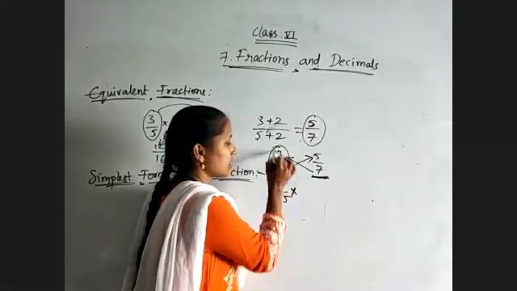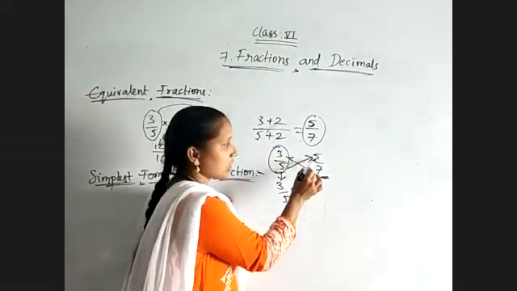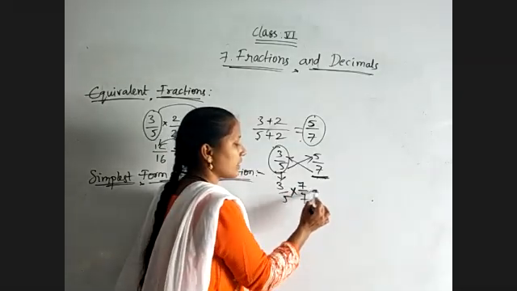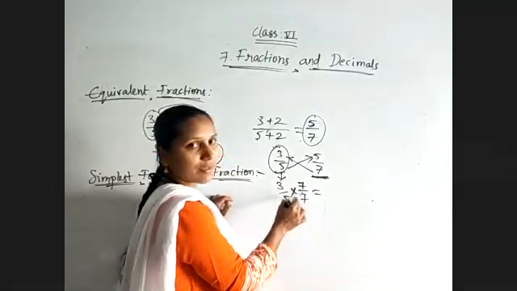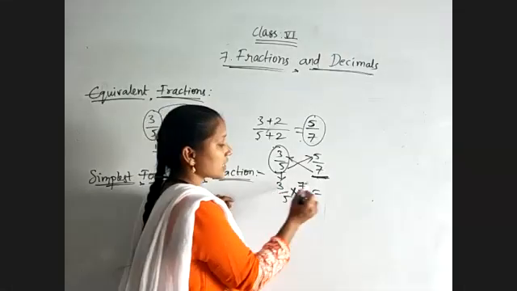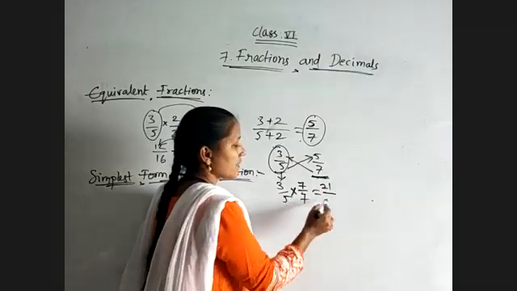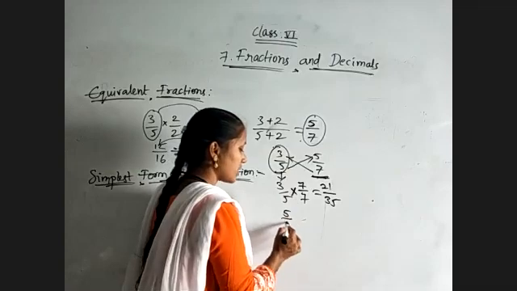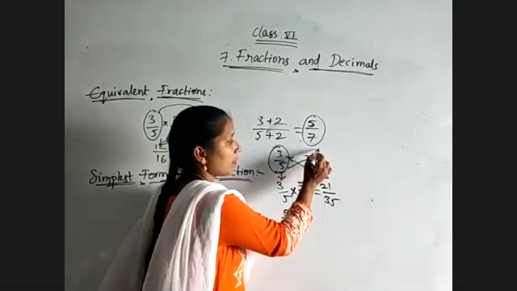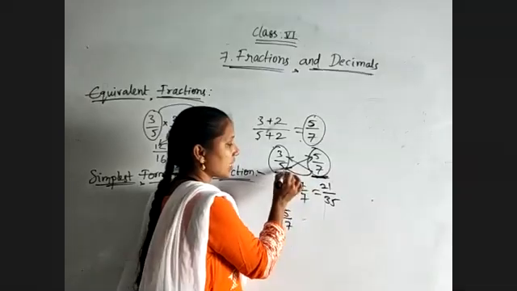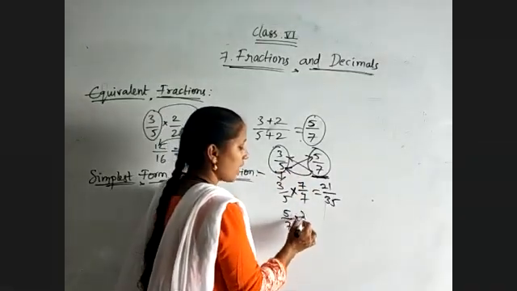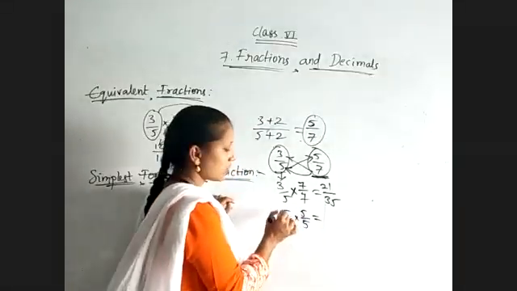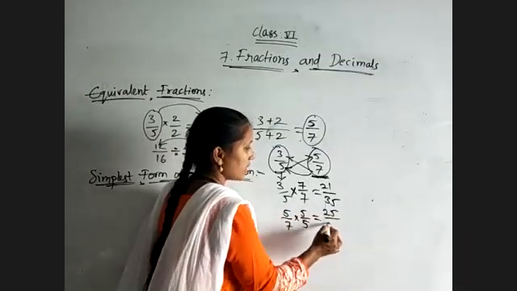So the remaining fraction is 5 by 7 and its denominator is 7. So I will multiply by 7 by 7, for numerator and denominator. So 3 7s are 21 divided by 5 7s are 35. Now coming to the next fraction, 5 by 7, the second fraction. For this, I need to consider the first fraction's denominator, that is 5 by 5. So 5 5s are 25 divided by 7 5s are 35.